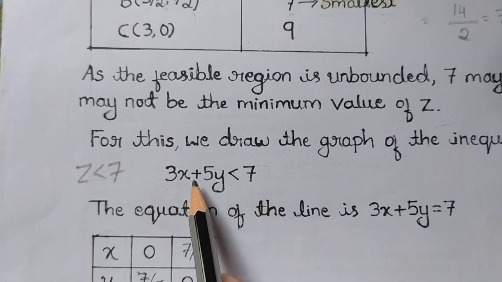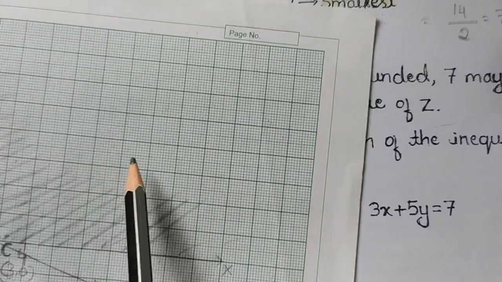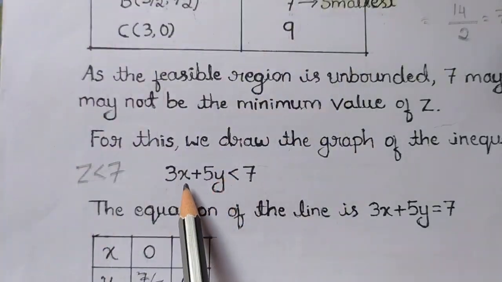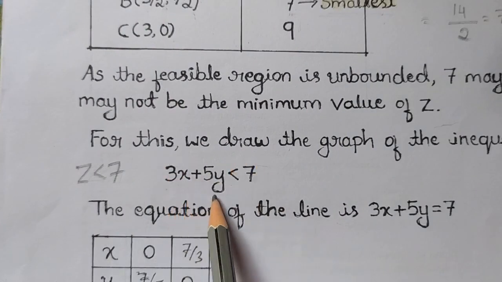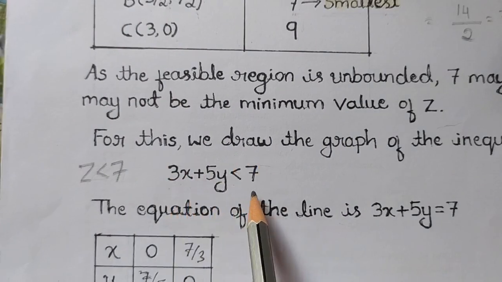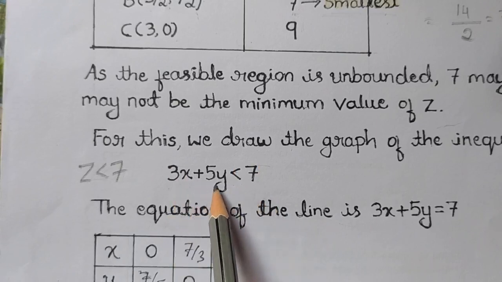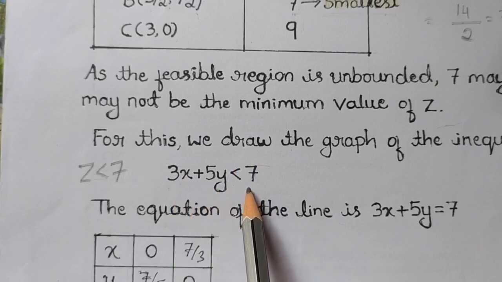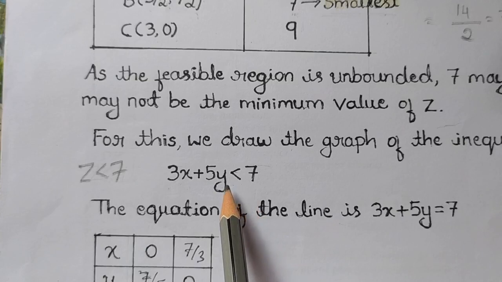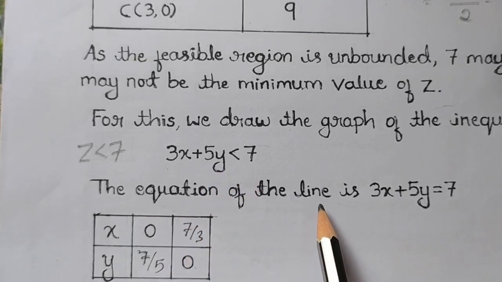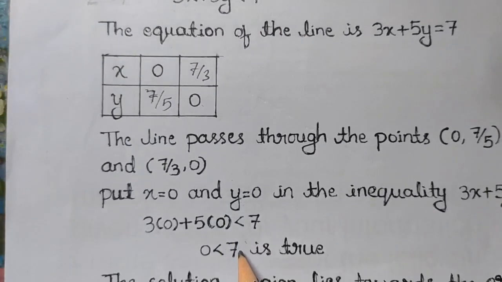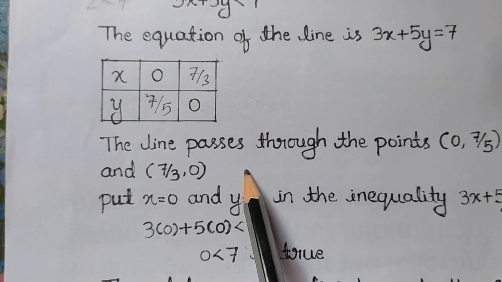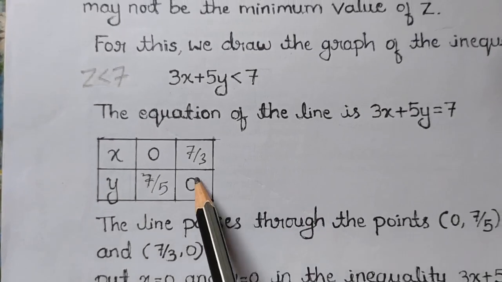We have to find the points in the feasible region, that is, find the values of x and y for which this inequality is satisfied. That is, we have to solve this inequality. We know that we have to follow two steps to solve the inequality. First is to find the points on the line of the inequality. Second is to find the solution region of the inequality. Let us solve this.